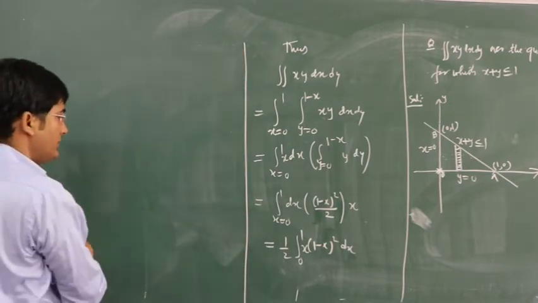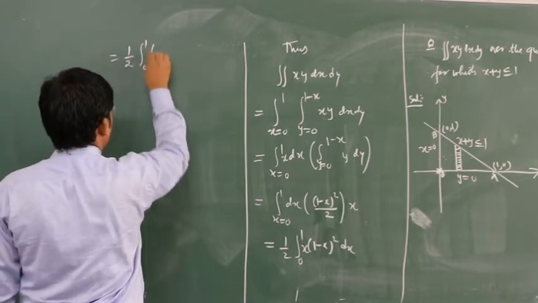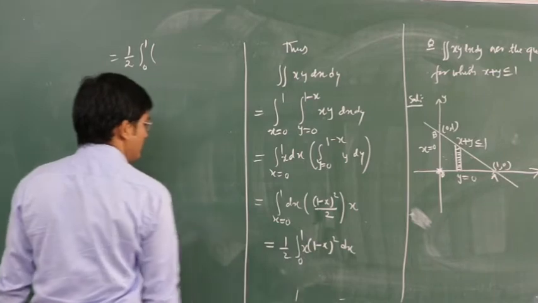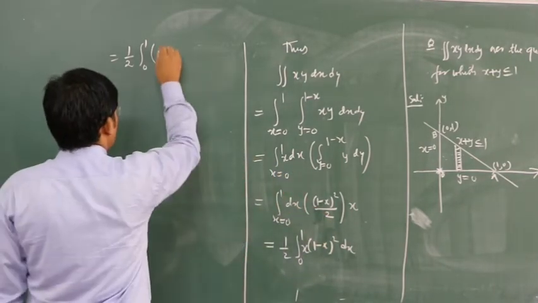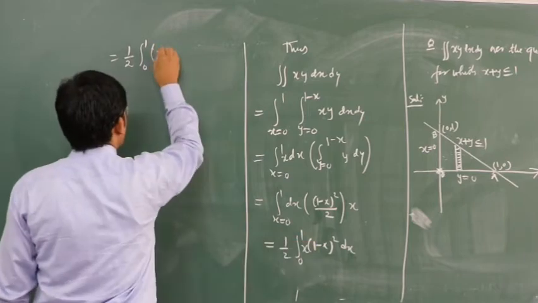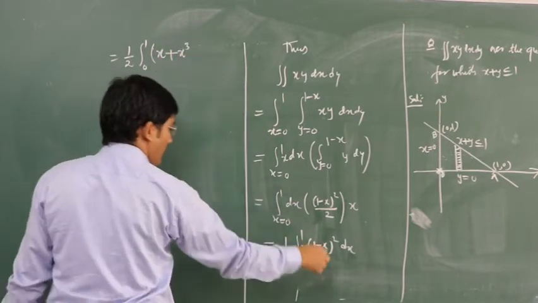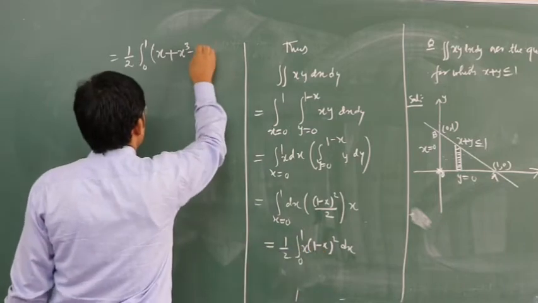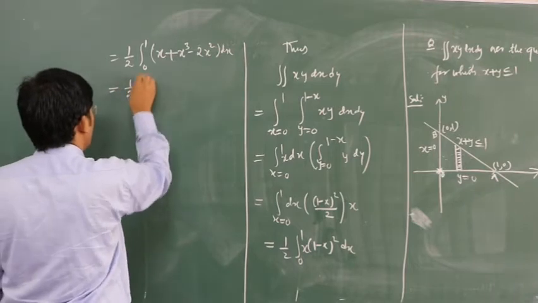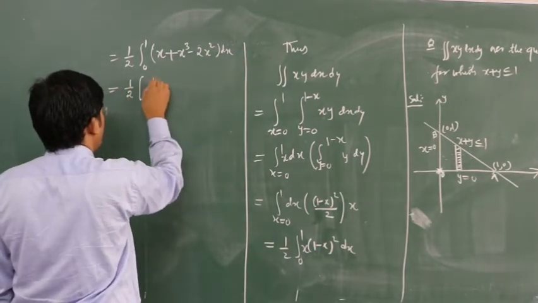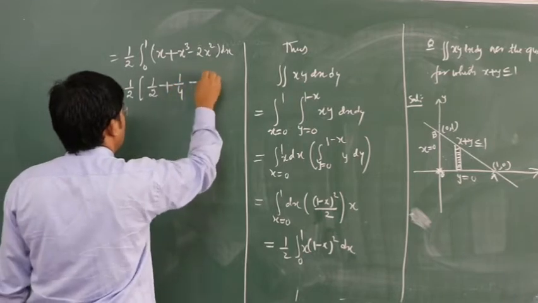So before doing integration, let us simplify this one. So this is equal to 1 by 2, integral from 0 to 1, of the square of 1 minus x, which will be 1 plus x square minus 2x, so we have x cube and minus 2x square into dx. Now the integration of x will be x square by 2, then we will have x power 4 upon 4, then here we will have x cube upon 3,